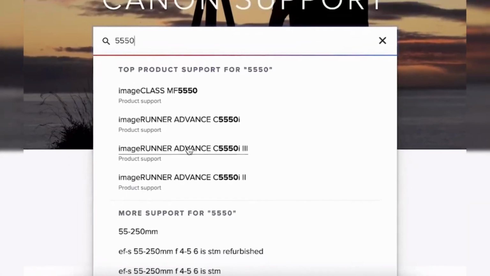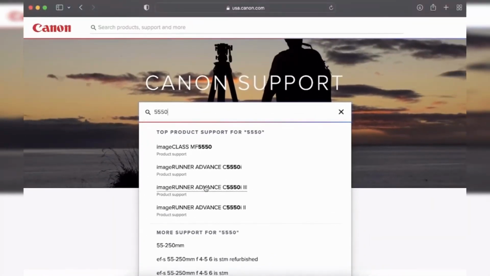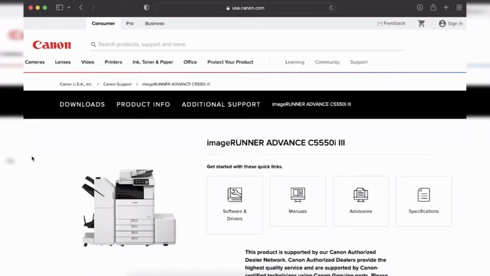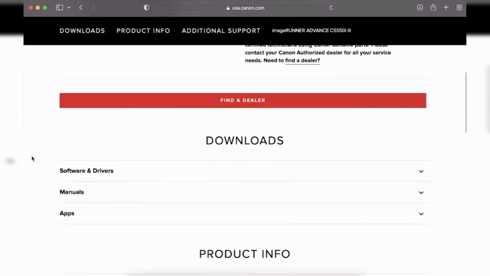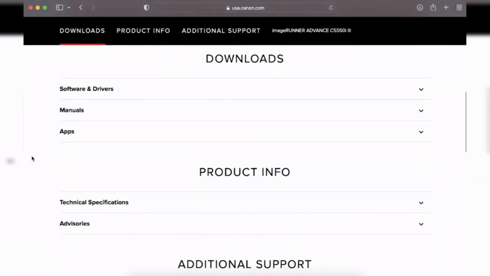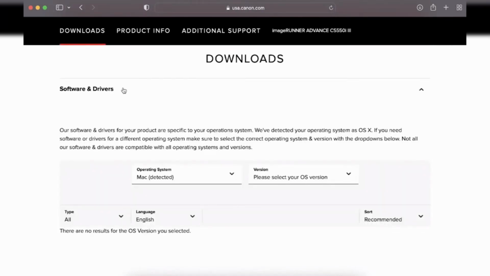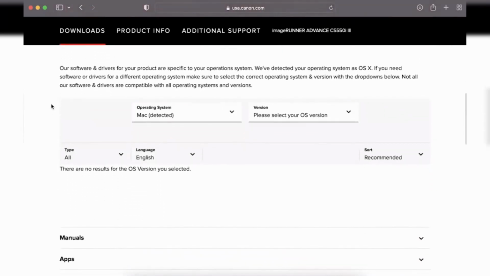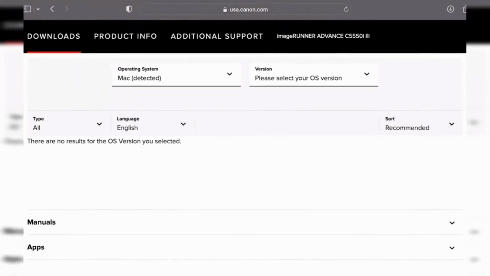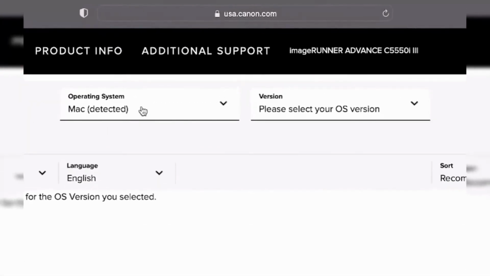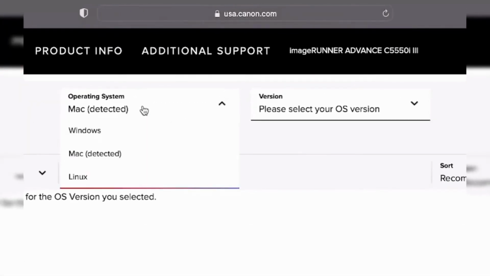Select the model you have from this list by clicking on the product name. Scroll down the page till you see the section Software and Drivers. Click on Software and Drivers. Canon's site should auto-detect the operating system you are using. However, if it does not, you can manually select it by clicking on Operating System and choosing your computer's operating